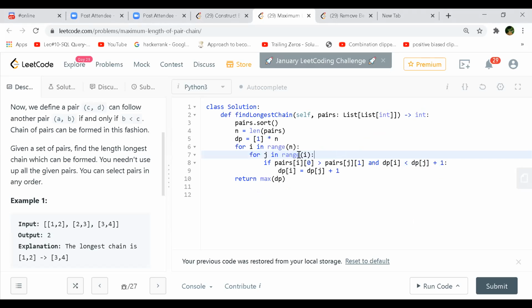So LIS, we can implement within an n log n solution, correct? We have binary search for that LIS also. Because in a subsequence, I'm not sure about LCS, but for LIS if it's n square, you can still go to n log n. So it can be optimized further, but not in other subsequences. I'm not sure whether it is applicable for LCS. No, only in LIS I know.